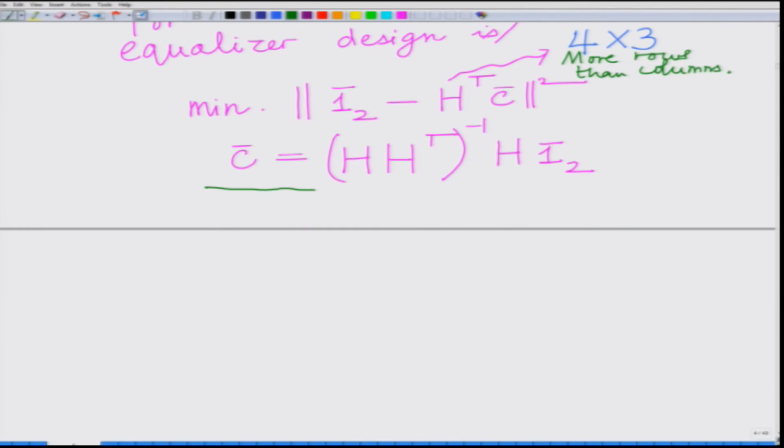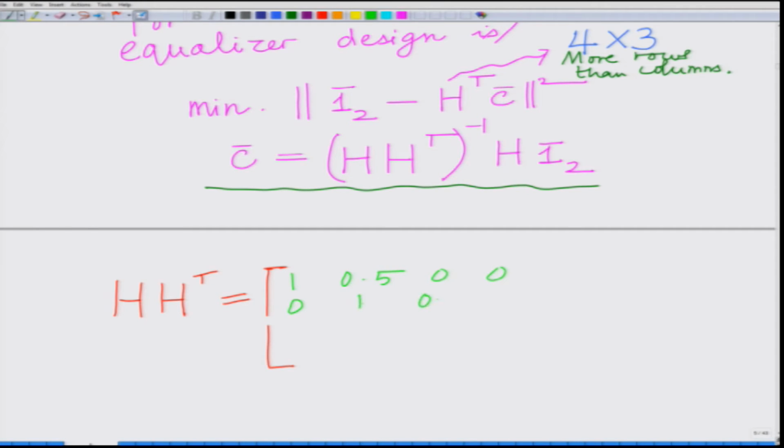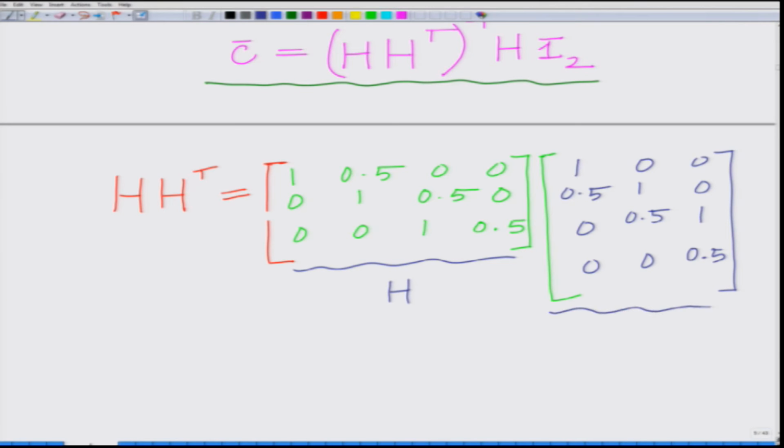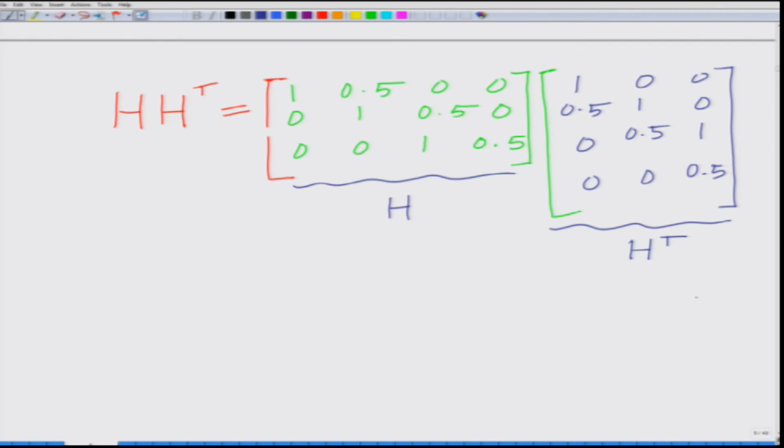So, now the equalizer can be designed by substituting these matrices H and 1 bar 2. So, now let us look at this product H transpose H. Now, let us substitute the expression for H. This expression for H is given as 1.5 0 0 0 1.5 0 0 0 1.5, times the matrix H transpose, and the matrix H transpose is 1.5 0 0 0 1.5. This is my matrix H, this is my matrix H transpose, and you can evaluate this,